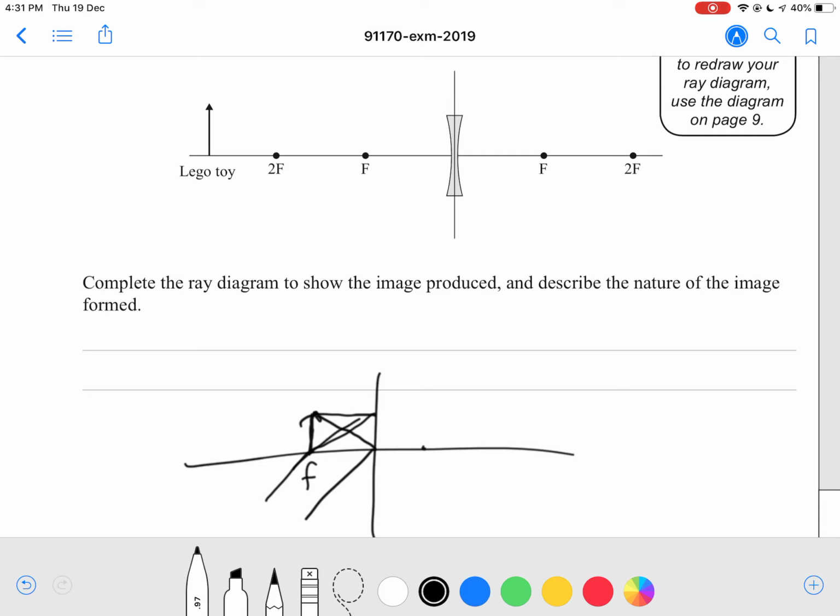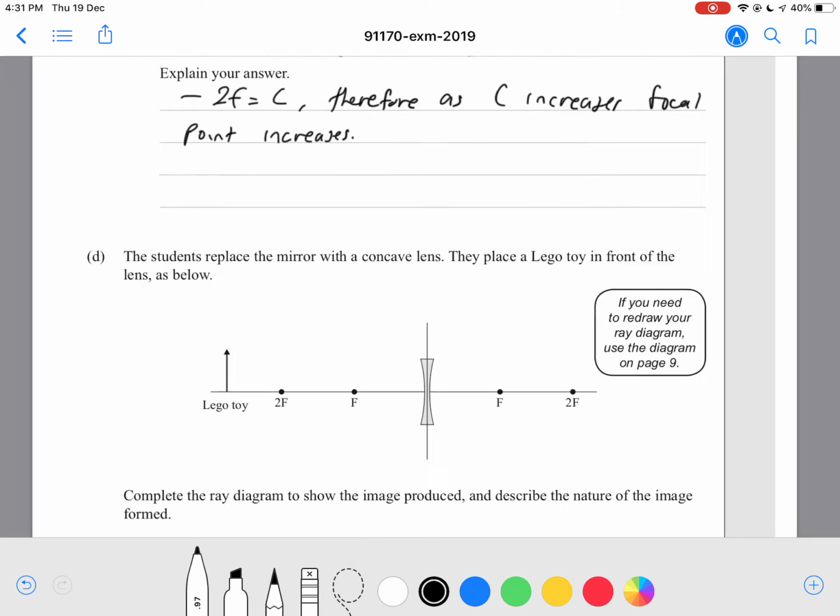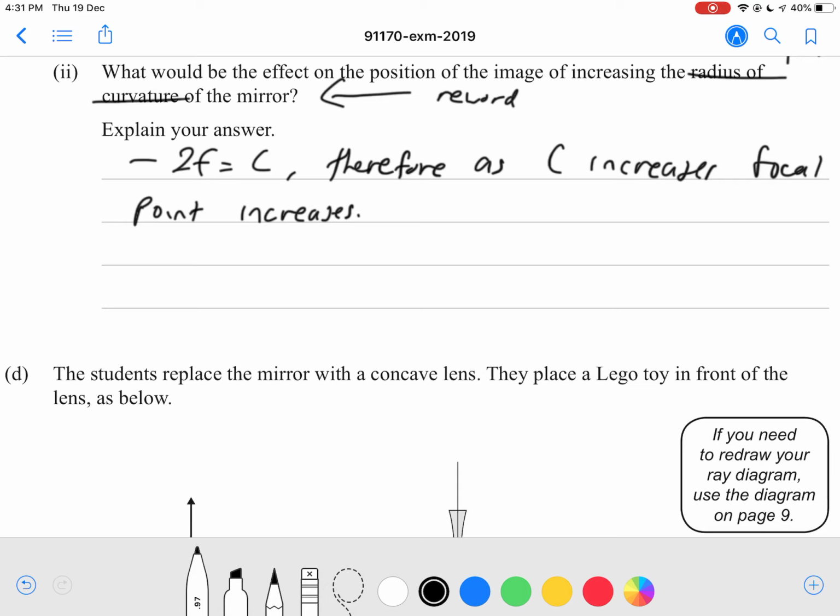Okay, so what happens when the object is on the focal point is actually these two rays here are parallel, which means that they will never meet. So it doesn't matter which way I extend them, I can extend them back, but they're never going to meet because they're actually two parallel rays if the object is on the focal point. So you can say that when the object is on the focal point,